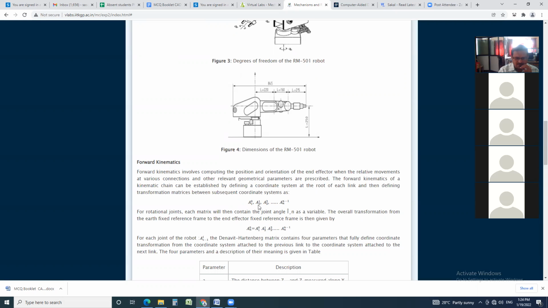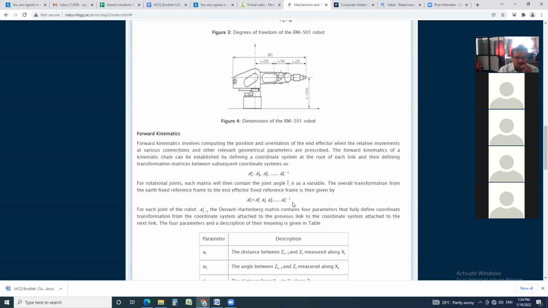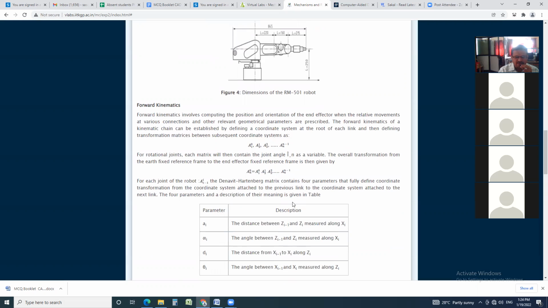A1 0, A2 1, A3 2, up to An minus 1. For rotational joints, each matrix will then contain the joint angle theta n as a variable. The overall transformation from the earth fixed reference frame to the end effector fixed reference frame is then given by An 0 is equal to A1 0 into A2 1 into A3 2